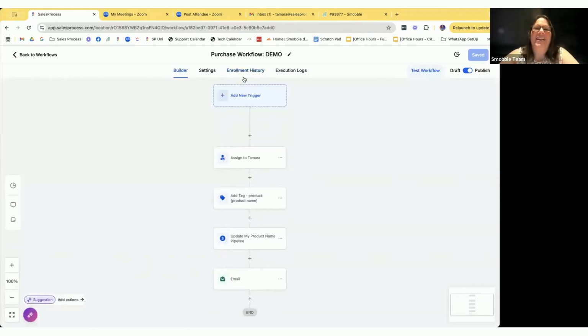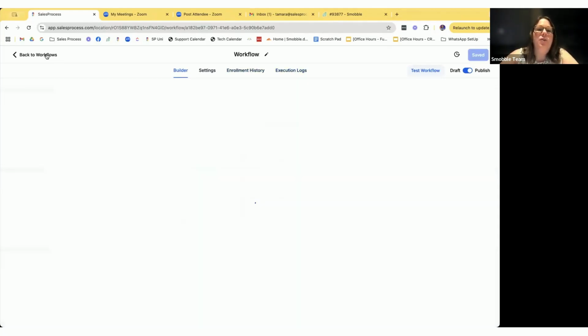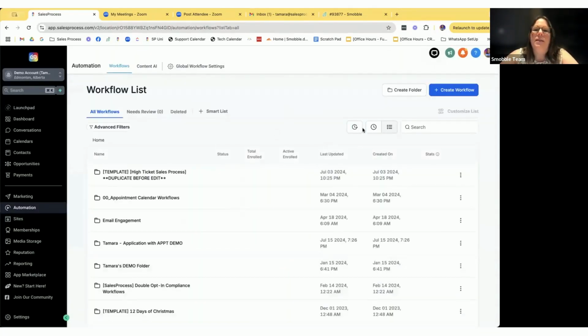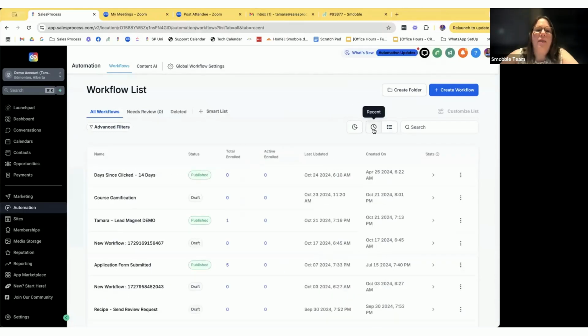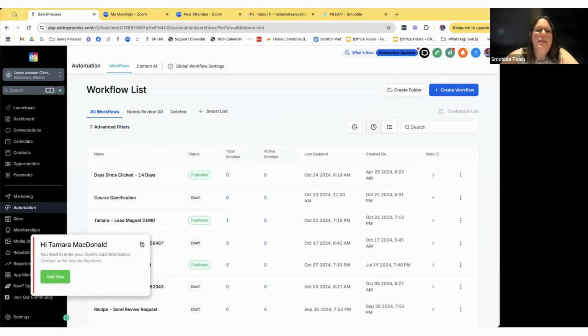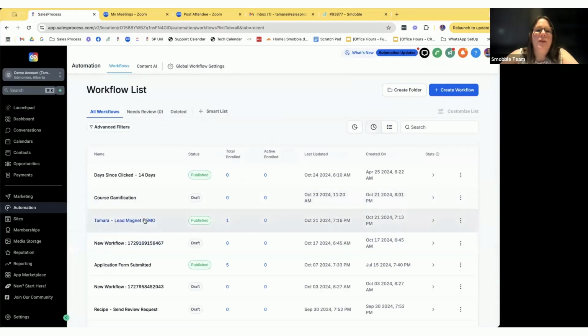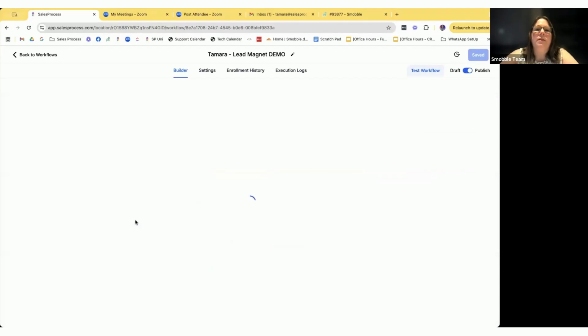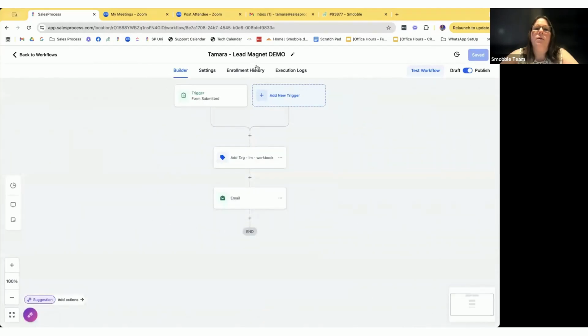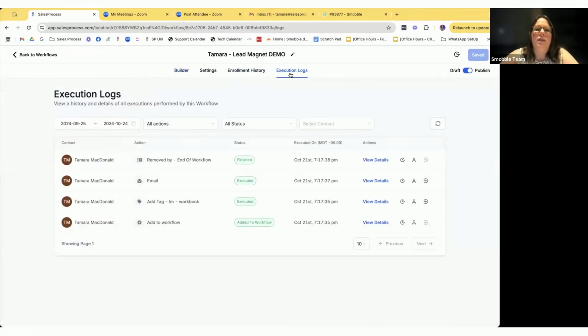But what I wanted to show you is that it actually shows you the path. So let's see here. Course gamification, lead magnet. Let's try this one. This was pretty recent. This was one that we had done a while ago. We go into execution logs. Here we go. So now I can see each of the steps that I went in,